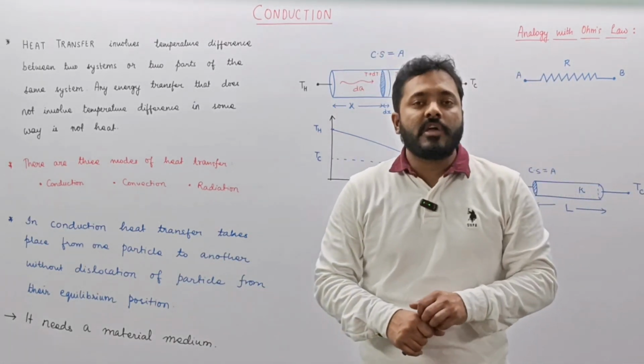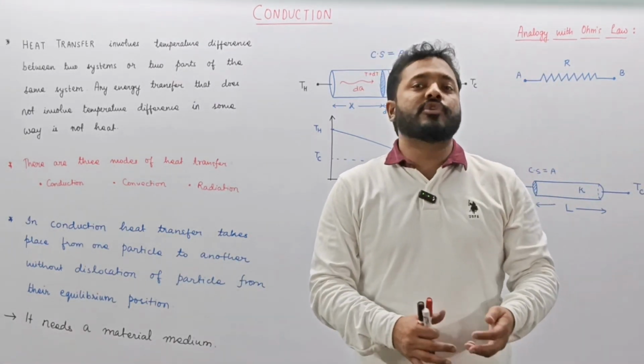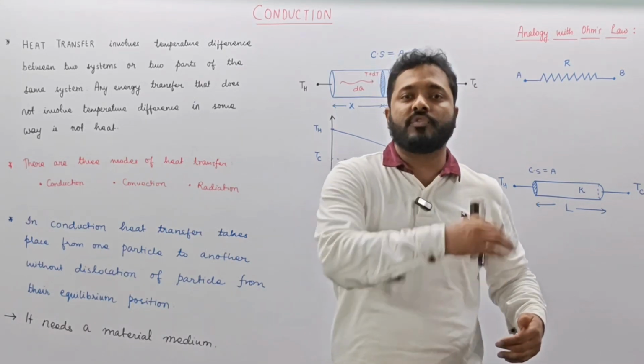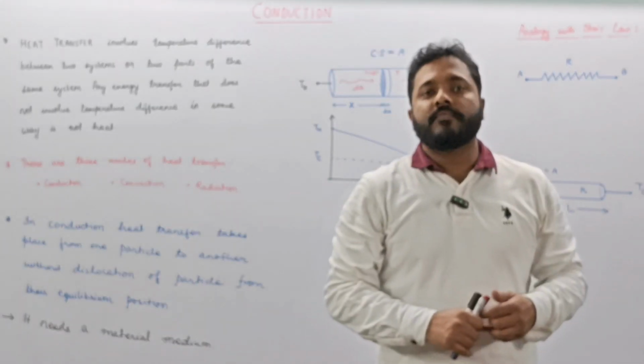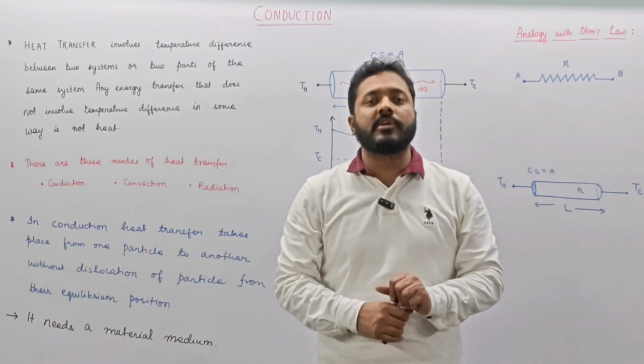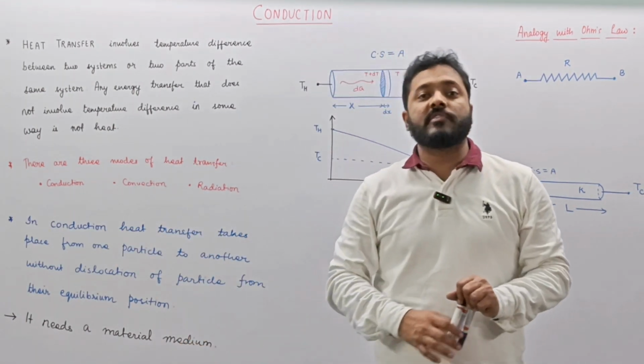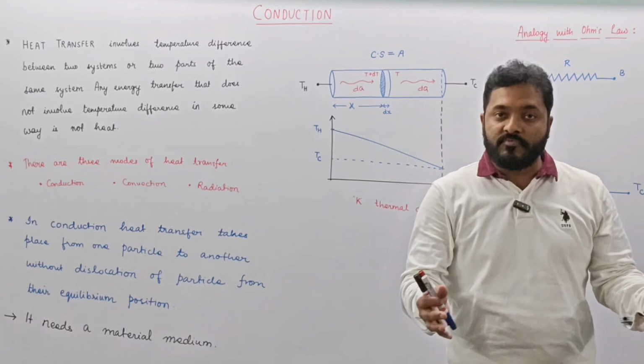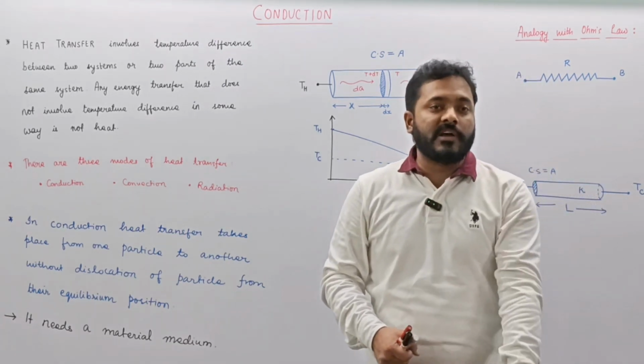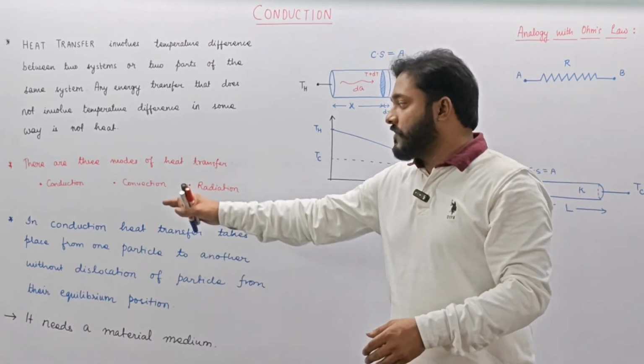That is, we can say that for heat to be transferred, or toffees to be transferred, from one end of the classroom to the other end, the presence of classmates is very important. That is, we can say that conduction can only take place in the presence of a material medium. Somebody must be there, otherwise the toffee transmission cannot take place. So this is how we define